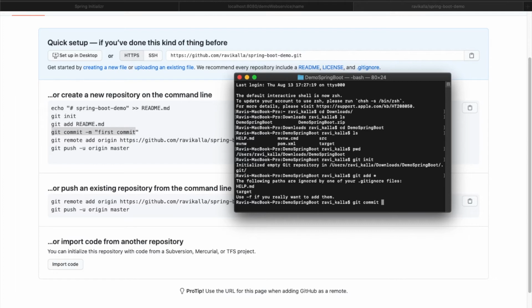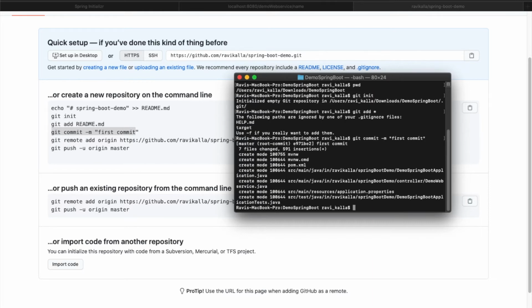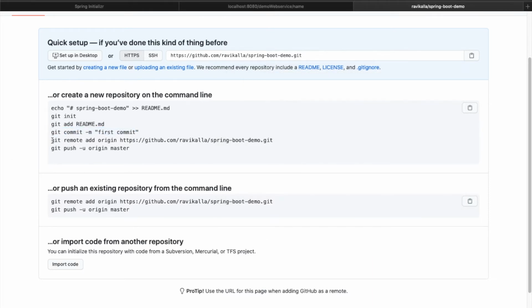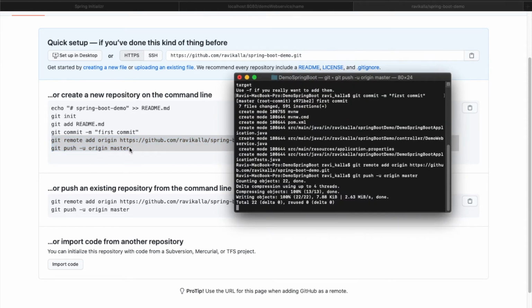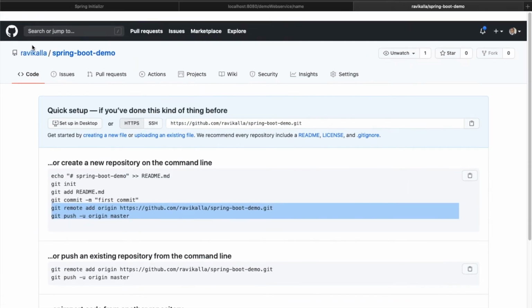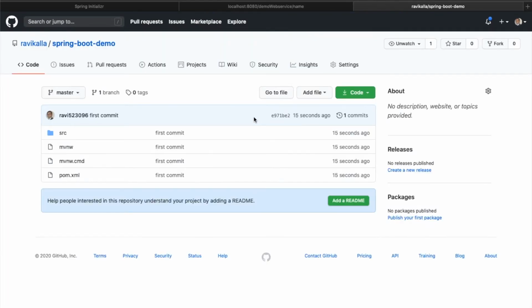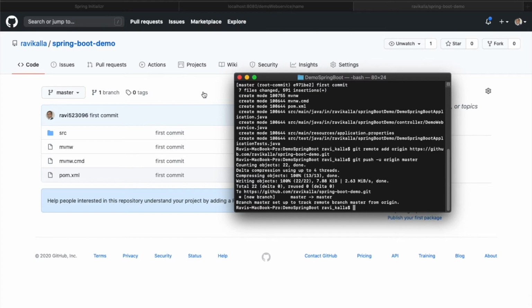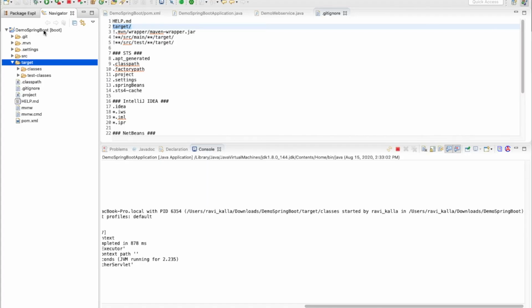Git commit -m first commit, and I'll copy these two lines. Okay, now all these files are uploaded into the Git repository. You see that all the files are uploaded into the Git repository now. Now we can refresh the project here. Refresh,